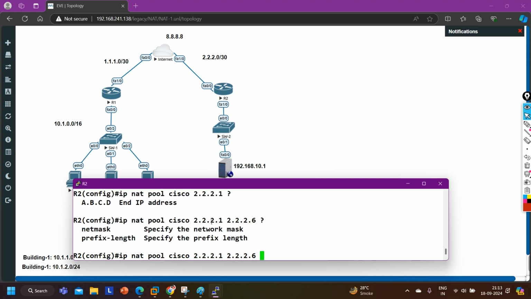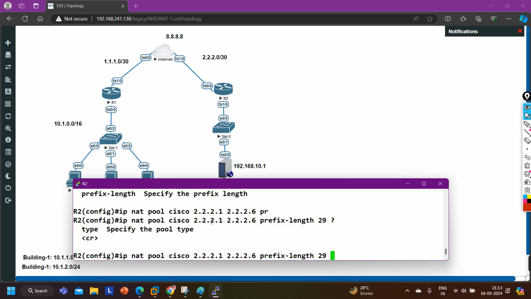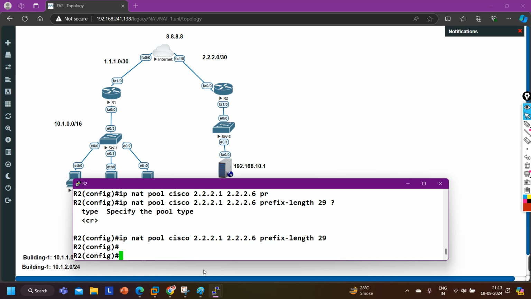Then the netmask, or you can configure the prefix length, 29, like this. So I have created one pool. In the pool, guys, I have defined a range of public IP addresses. Now make sure these IP addresses are reserved for your organization. You have to purchase all these IP addresses from the ISP.